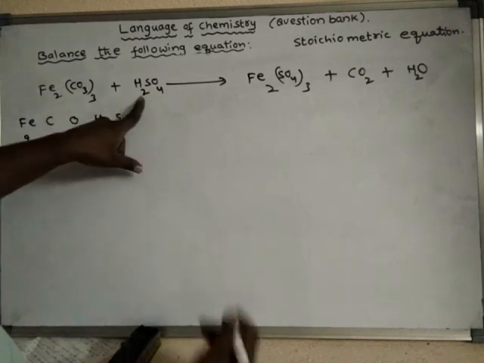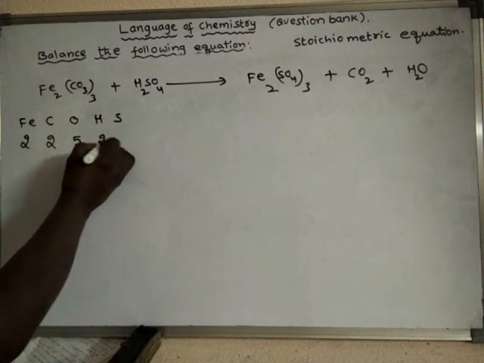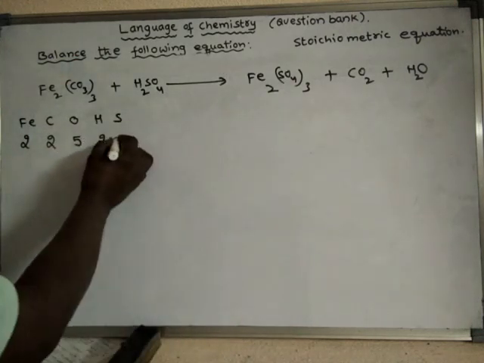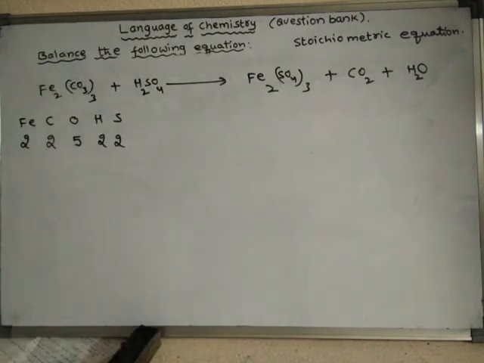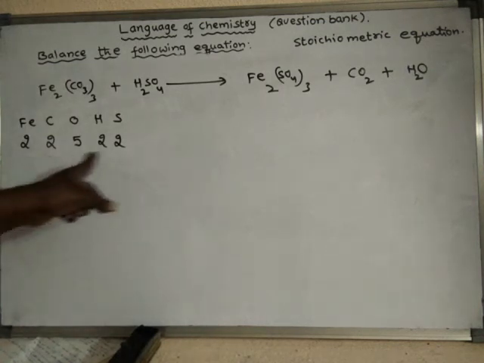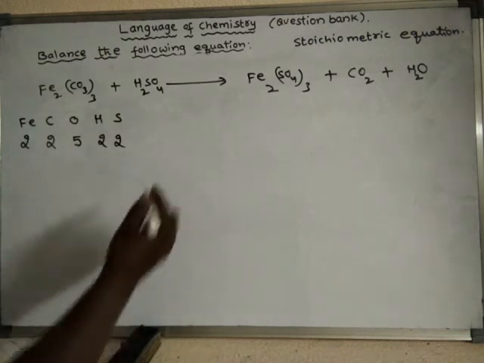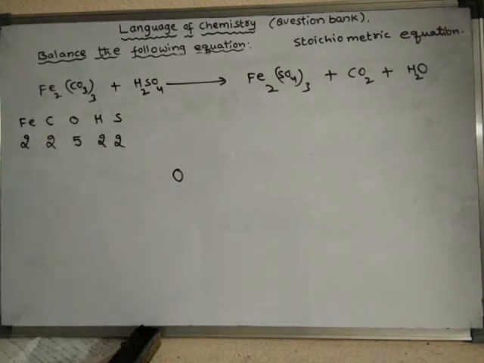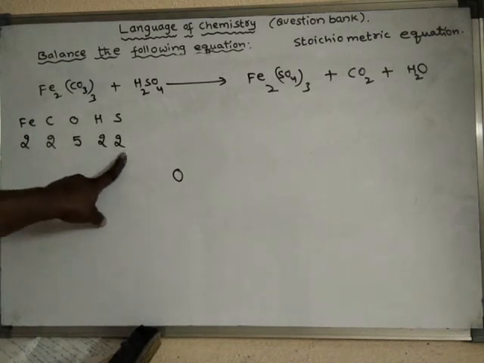Now hydrogen is appearing at 2 places. Hence its frequency number is 2. Sulfur is appearing at 2 places. Right. So after writing the frequency number of all elements, now we have to arrange the elements according to increasing order of frequency number. So at last oxygen will come because it has the highest frequency number, and these four have the same frequency number. When more than one element has the same frequency number, then we have to write the metals first. So out of these, only iron is a metal; carbon, hydrogen and sulfur, these three are non-metals.